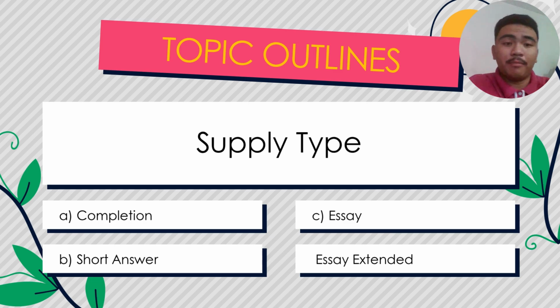Now for our topic outline, we have three main branches of topic. First one is the supply type. Under this category, we have completion, short answer, essay, and extended essay. And you will later on find out the differences of this category from the other ones. Next,